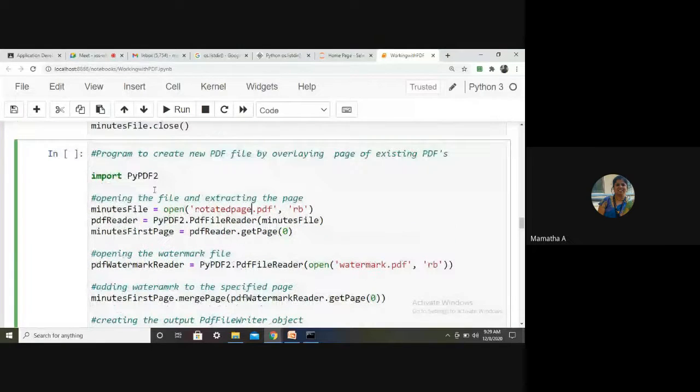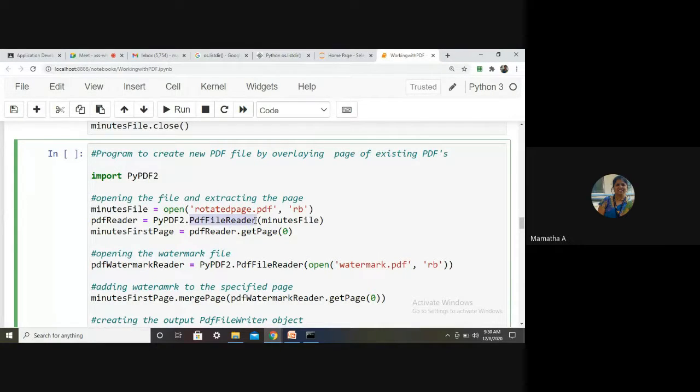Look at this. So I'm importing the module, the package there. I'm opening a file as usual in the read binary mode, and the name I have given to my LHS is the file object. And you all know that using the file object, I cannot do anything. I should create an object of which class for reading?